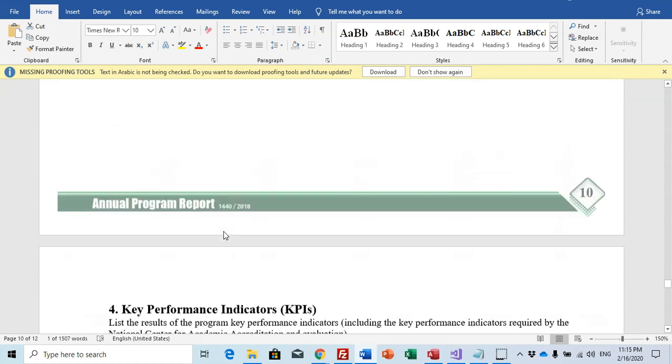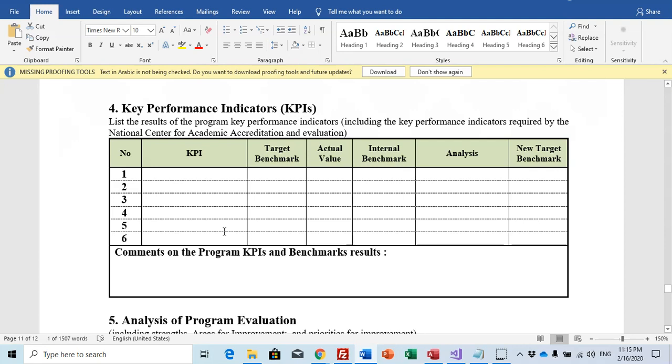After that, you will go to the most important part of the annual program report: key performance indicators. As you know, the NCAAA adopted 17 KPIs, and they should be measured by every program, and you can add any other KPIs that you need to improve your program.